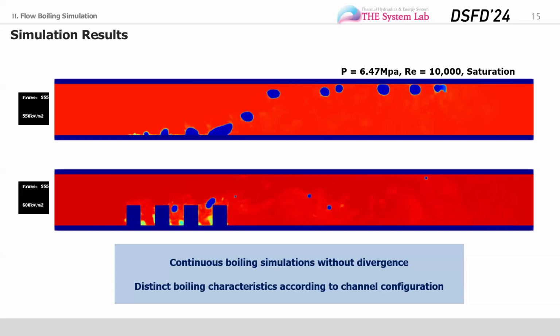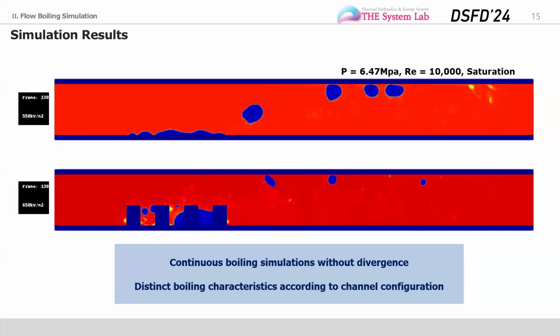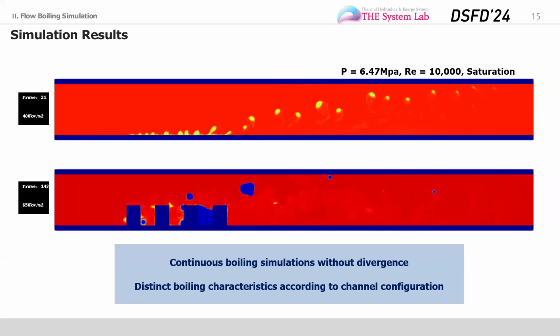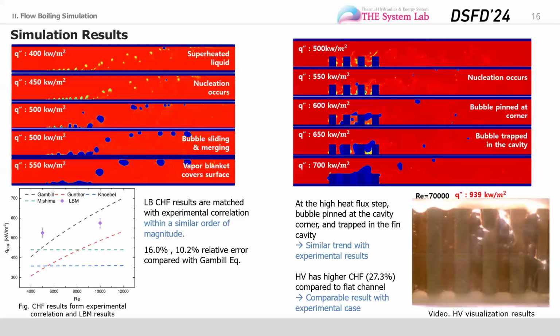Different from this flat channel case, the generated bubbles are pinned for the structured cooling channel case, and these bubbles merge and grow without escaping the cavity. And the continuous boiling simulation is conducted without any divergence, unlike previous methods, and we can find distinct boiling characteristics according to the channel configuration. For further explanation,